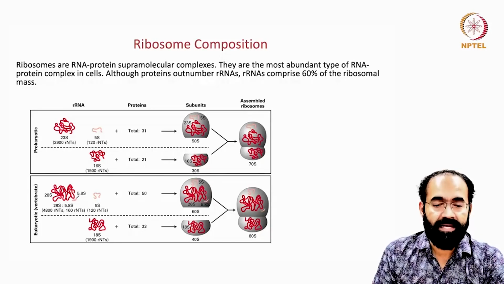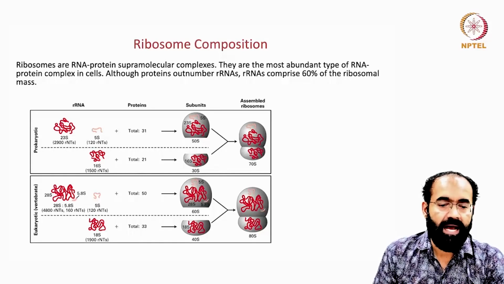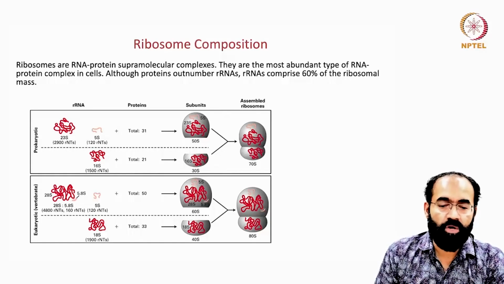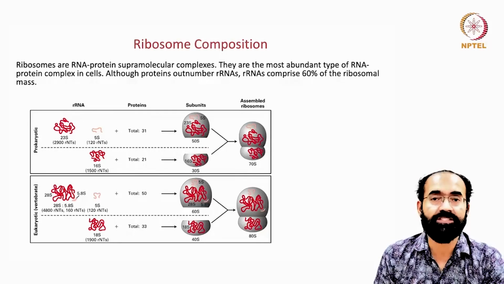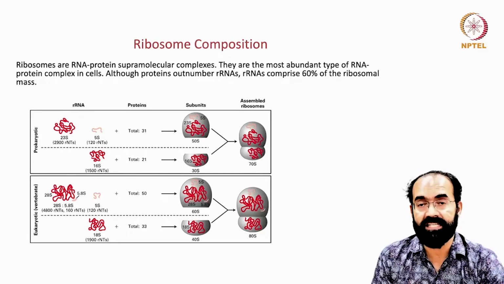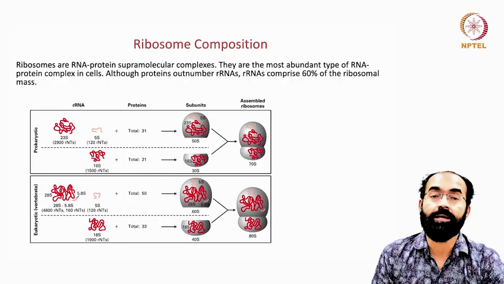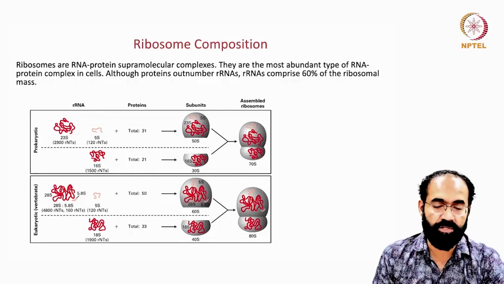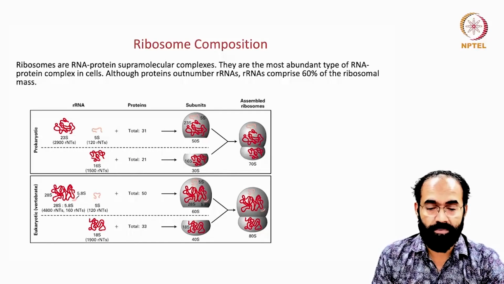So now let us see the ribosome composition. Ribosomes are RNA-protein supramolecular complexes. We have seen ribosomes from the beginning of this RNA biology course, as a classic example. They are the most abundant type of RNA-protein complex in the cells, and account for a significant proportion of the total RNA. Although proteins outnumber the ribosomal RNAs,